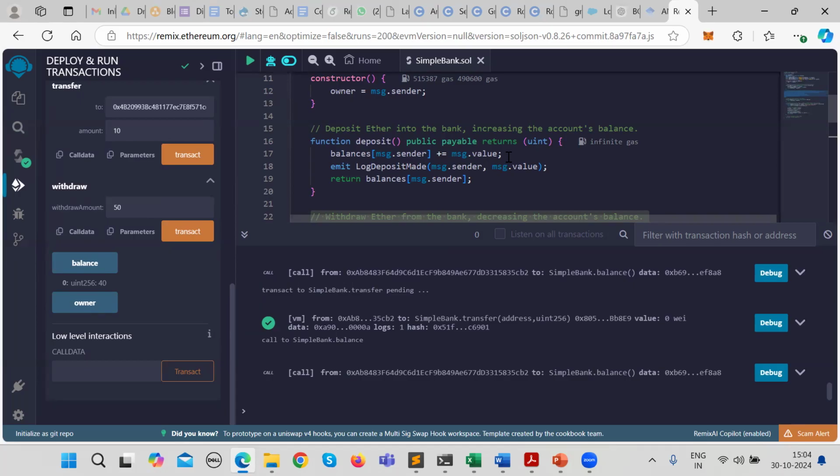It is very unfortunate that earlier there were faucets that provided us fake Ether. And now what faucets are saying is you must have some real Ether in order to get fake Ether. So if you want to have fake Ether after having some real Ether, you can do that.